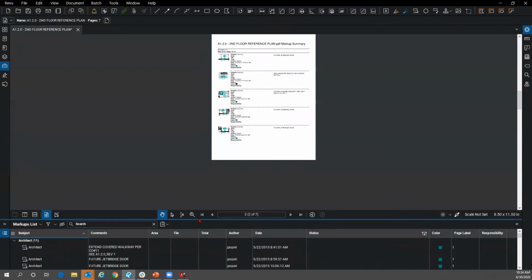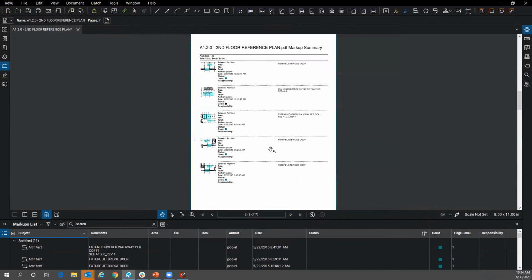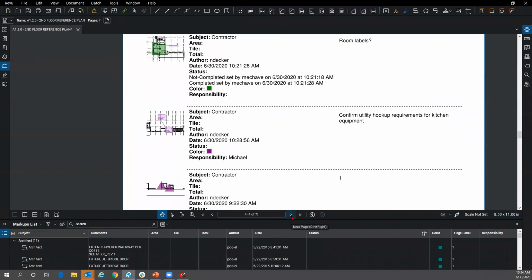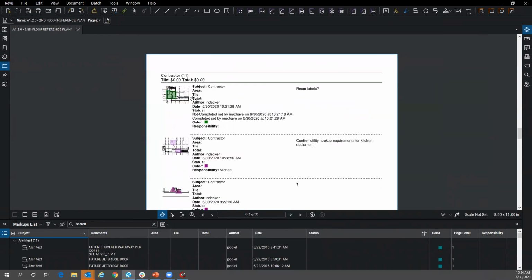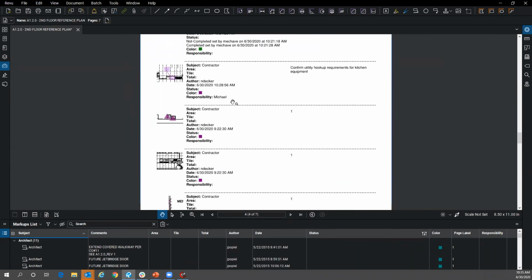So again, this appended it to the back, so I can go to the next page. I can see my PDF here. The following page gives me the options for it. As I'm going through here, all of my architectural comments are specific to the subject of architect, because that's how these markups were made in particular. I can see what the comments were, the date and time. Go to the next page. We can see I have some contractor responsibility sets again. You see your statuses,